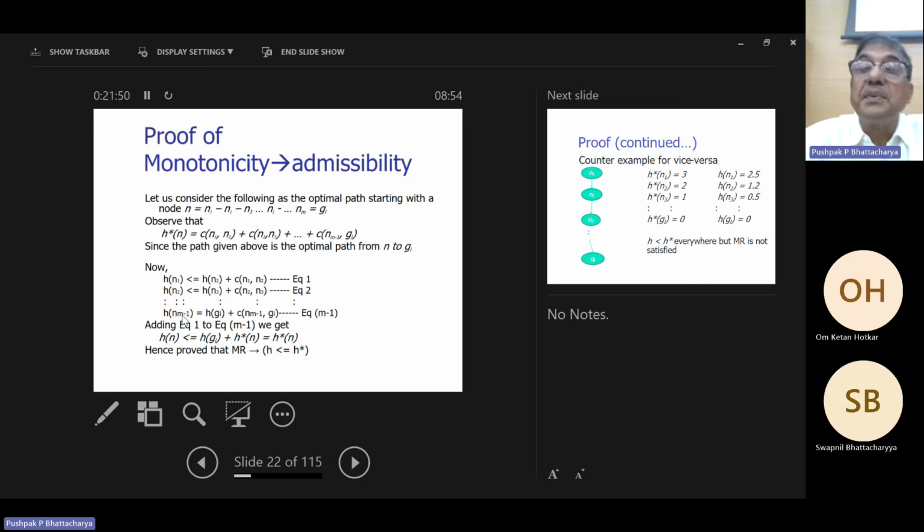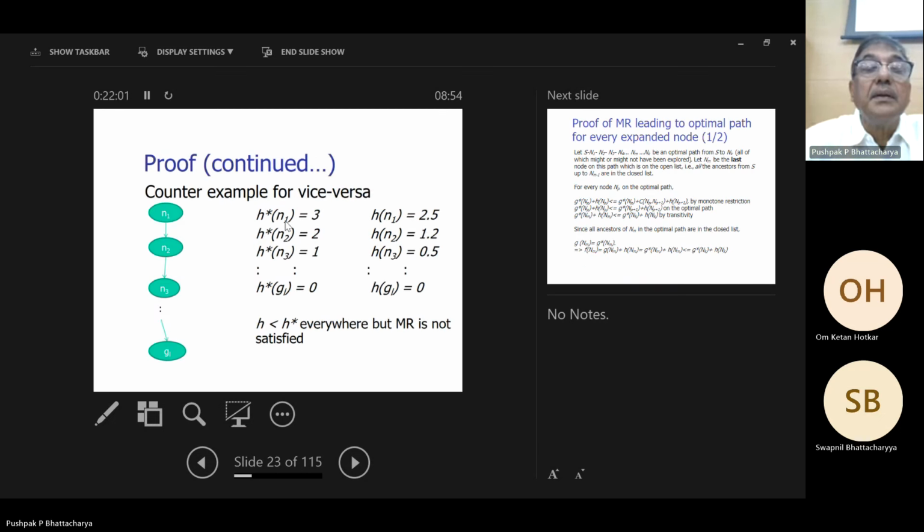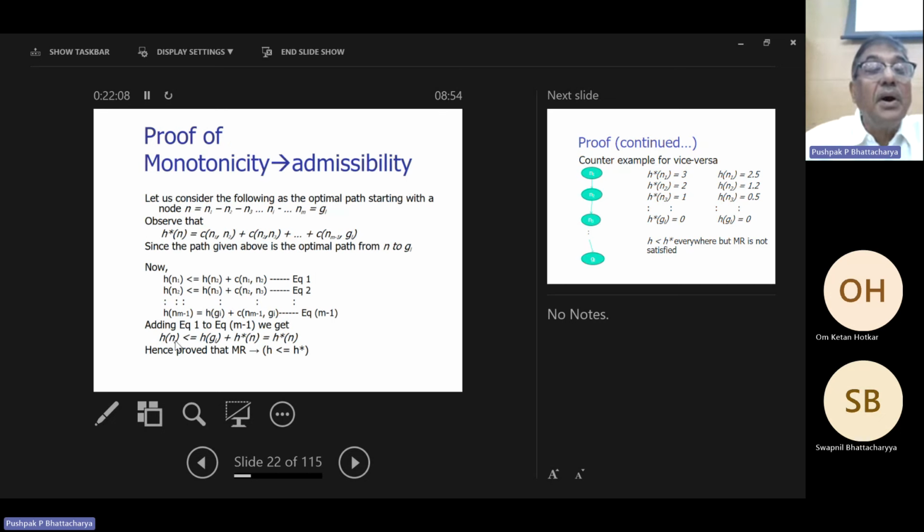Finally, Hm minus 1 should be less than or equal to Hgi plus Cnm minus 1 Gi. So this is the picture. You are considering an optimal path from N to G, so all these inequalities are satisfied starting from N. Now if we add all the left-hand side elements and the right-hand side elements, then we have